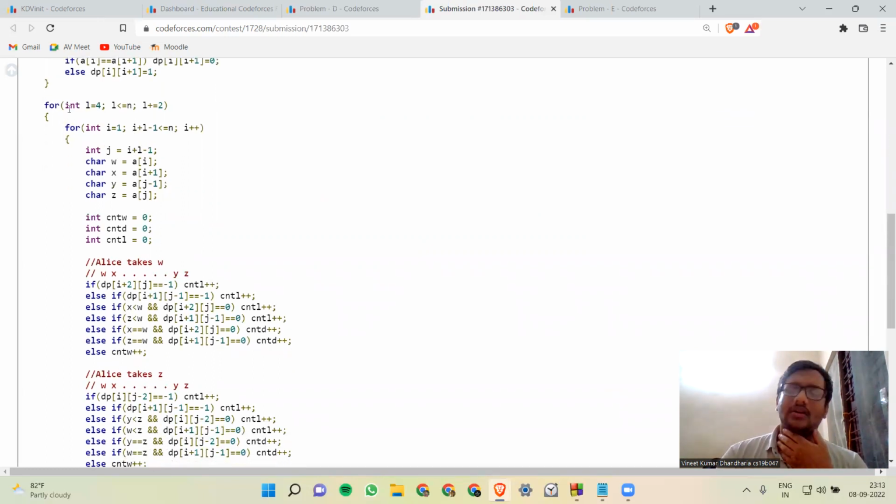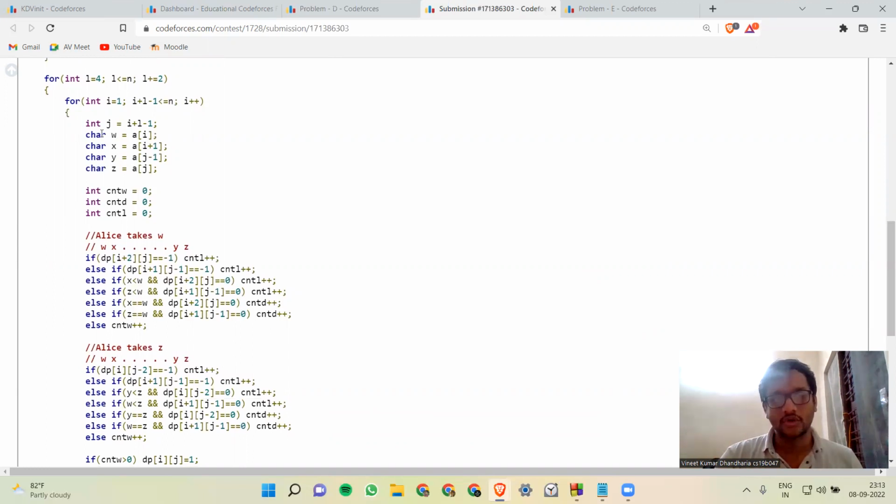Now we will code for length greater than 2. Again, we're coding up only for the even length substrings. You'll see why we are looking into that. Basically, if we take a substring, we need to know what the one character was which the other person took away. This is a bit confusing, so we'll work with even lengths. And yeah, we go over all the substrings of length 4, then 6, then 8. And what we do is